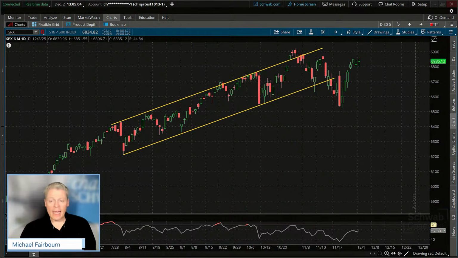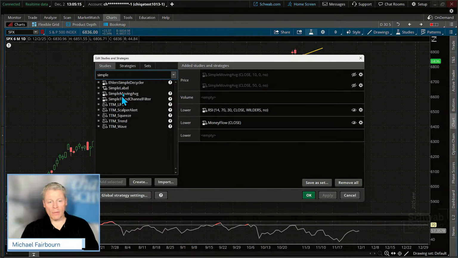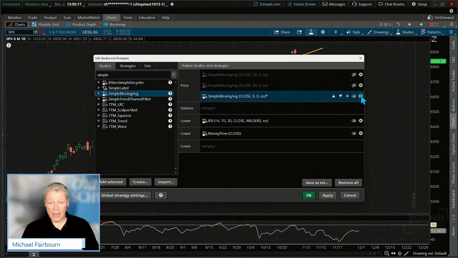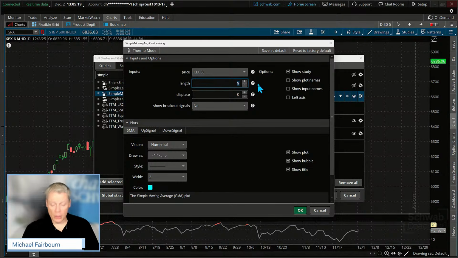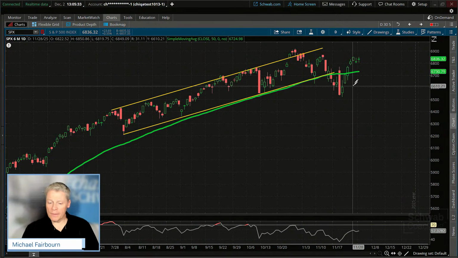Now, one thing we can do to help us gauge this is a simple moving average in terms of the trend itself. Let me just pull it up here real quick. A simple moving average right there, one that's commonly used, particularly on the markets over longer periods of time, might be something just like a 50-period moving average. Let's make that nice and bold so we can see it here on our screen. There's our 50 right there. And notice we are back up above the 50.